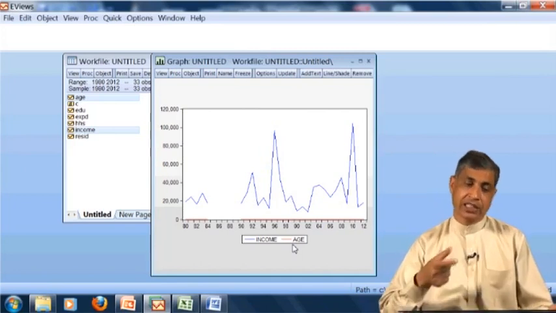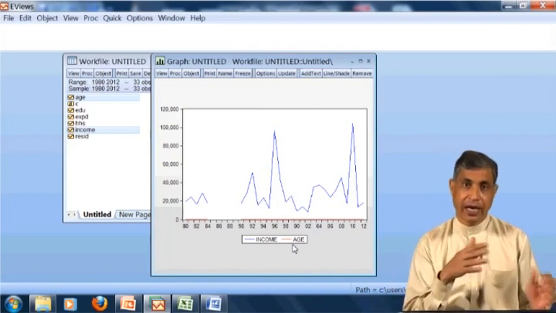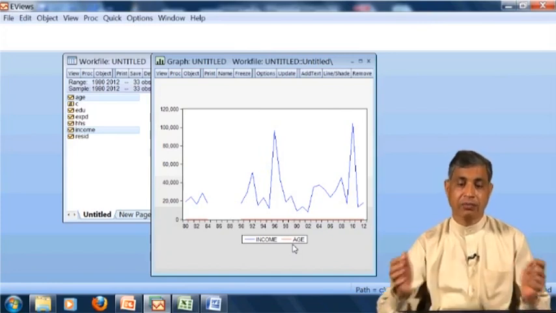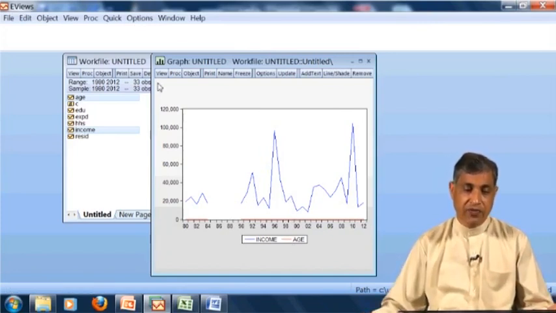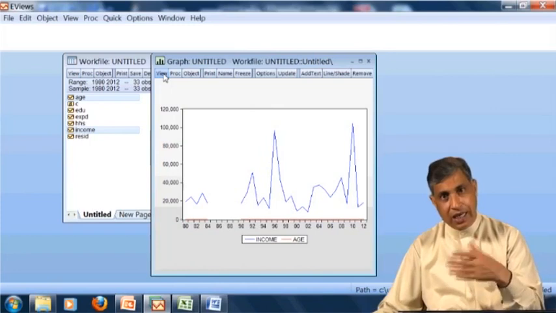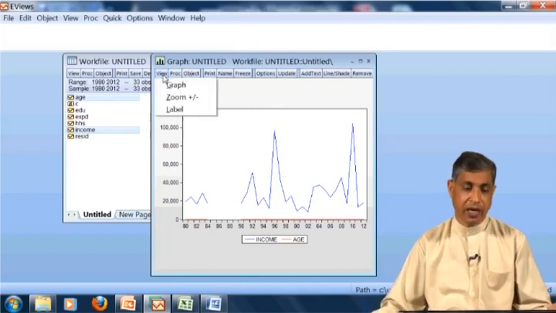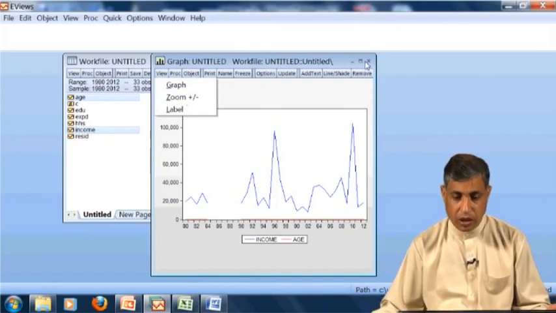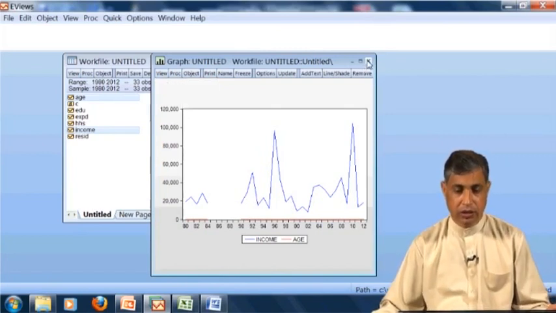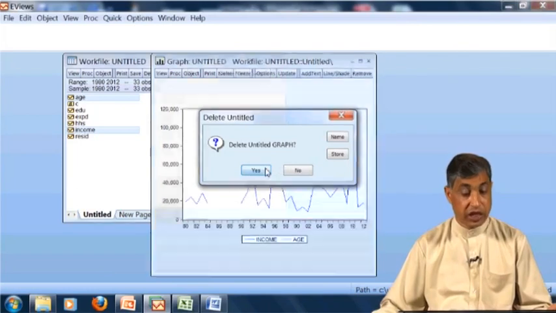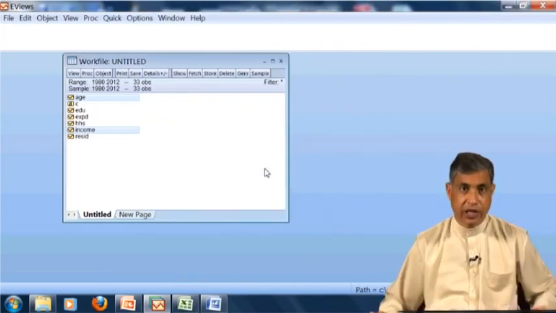So with the different scale, we will go to some other variable and you will see a clearer scenario come. If I want to make the other graph, a bar graph, I would like to delete this one. Still I am not saving, deliberately.